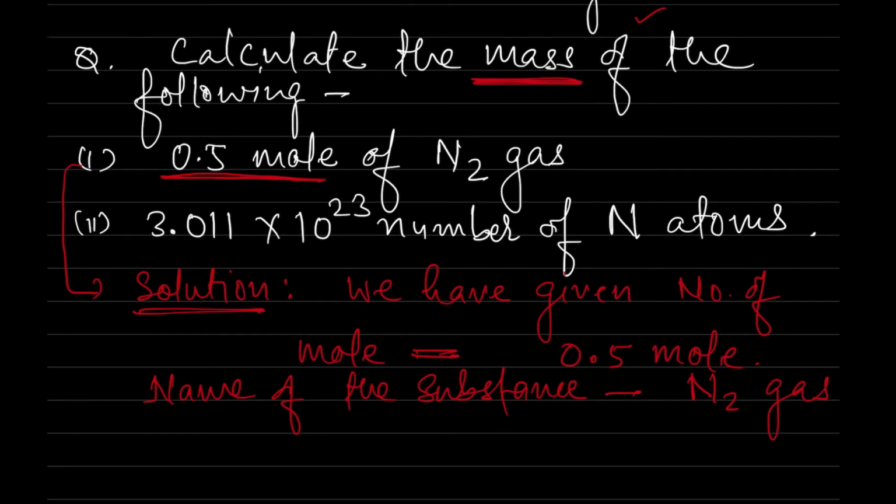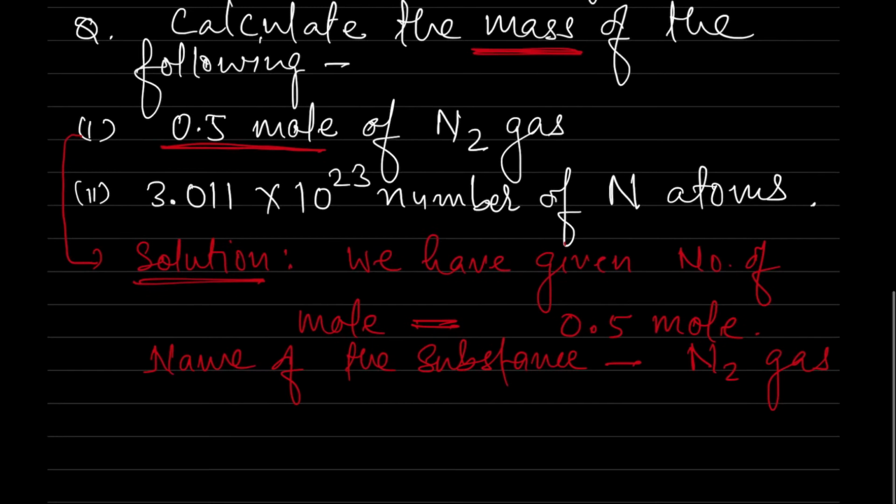Nitrogen gas is found in as a form of molecules. So first we have to calculate the molar mass of the nitrogen gas. See, we know